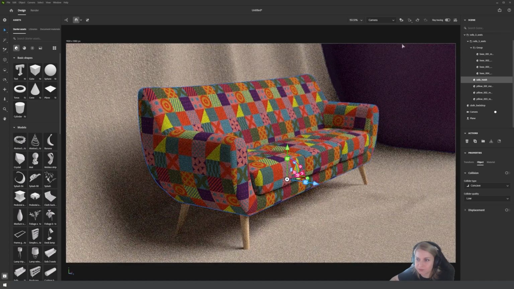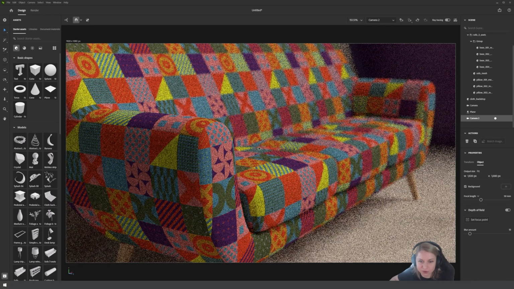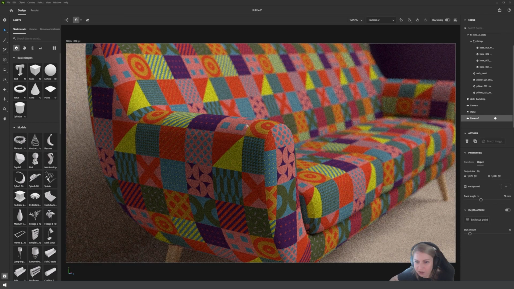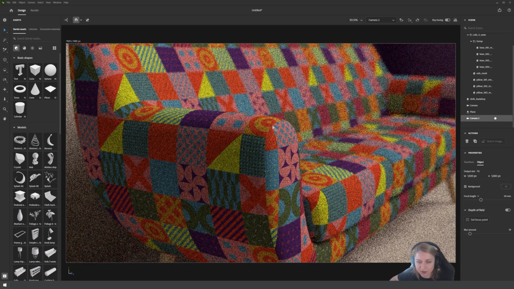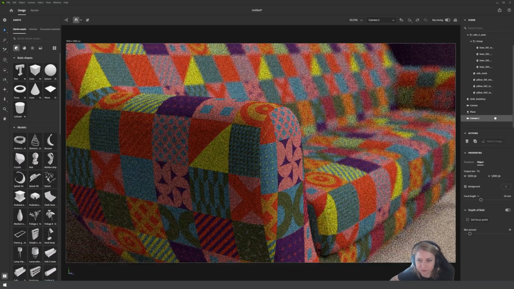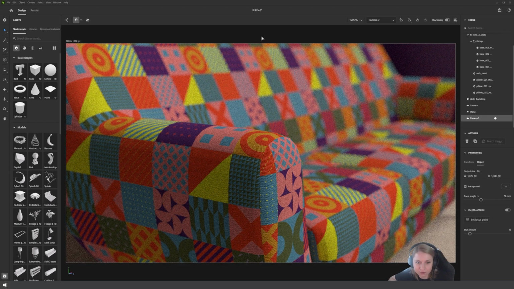Let's add one more camera. I mean, this one I will go closer just to show the details, and the focus point is the same. So then here you can see the details of the fabric very nicely. Yeah, next step would be to add some stitching because that would look really good here, but you can only do that in Substance Painter.